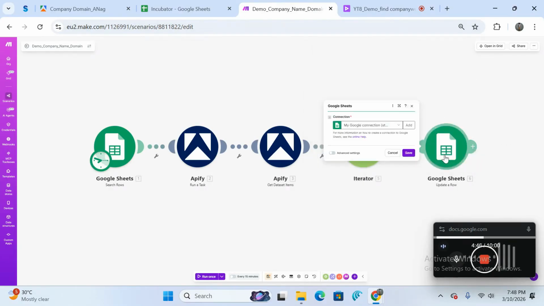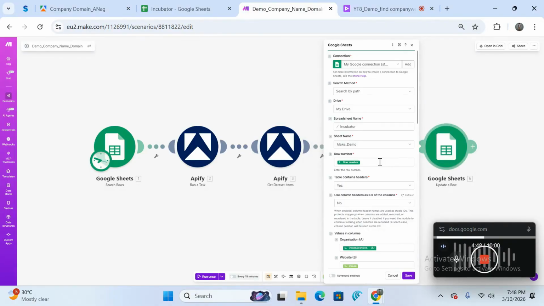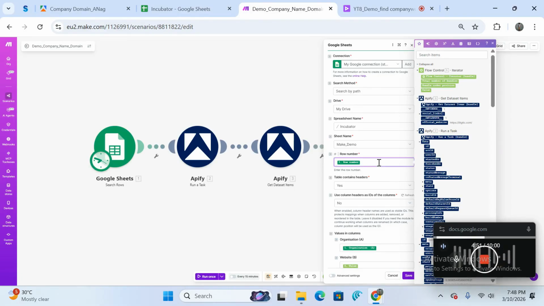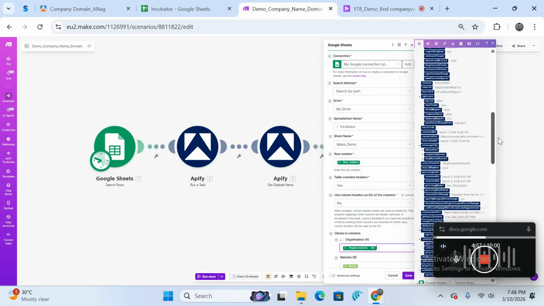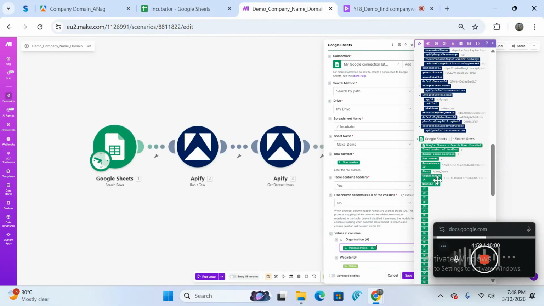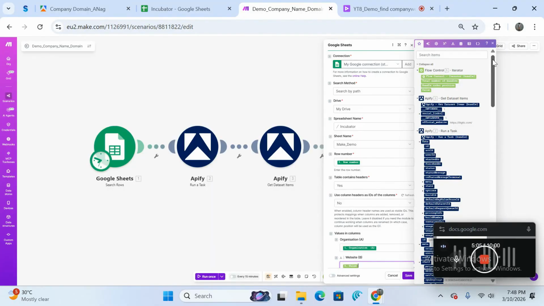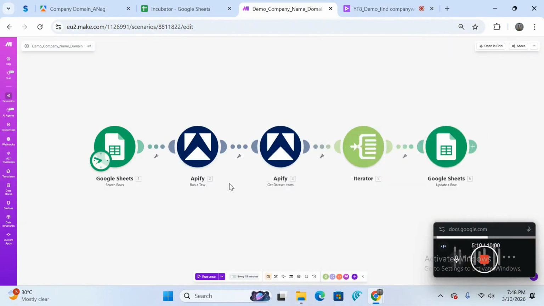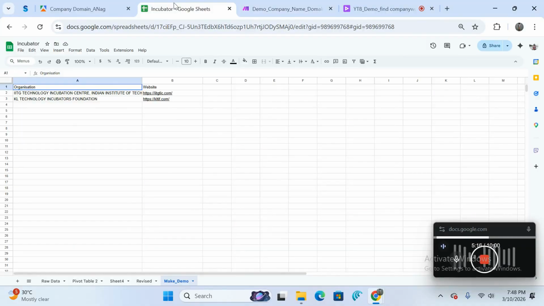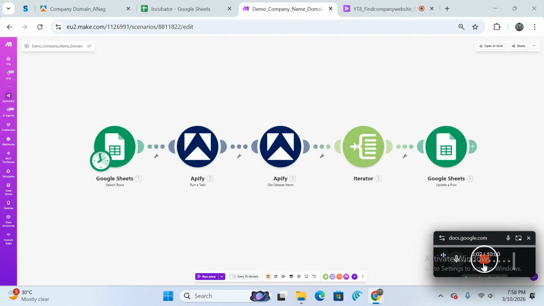And then you again have the Google Sheets, where this time you will click on update a row, where you will update the row numbers. Okay, and then again here you will fetch the organization name from the first part, and the value, that is the value that it has returned, which is supposed to be your correct website, is what you'll plug in over here, save it and run it. This is not a very difficult scenario to create, and once you've done it, like in my case, I tested it, it's come out correct. So, like you saw, it is not a very, very difficult scenario to execute.